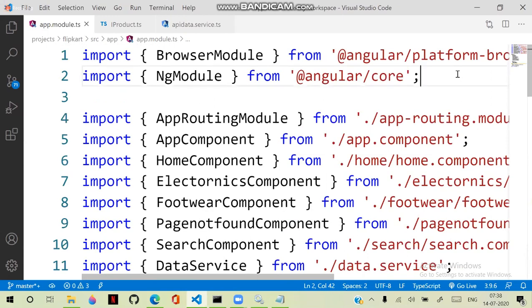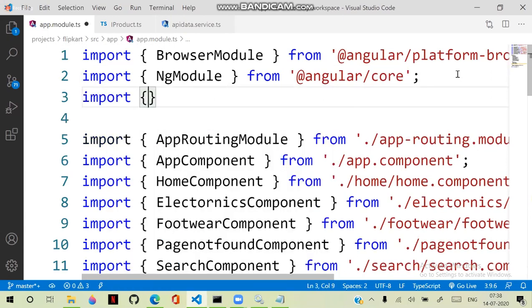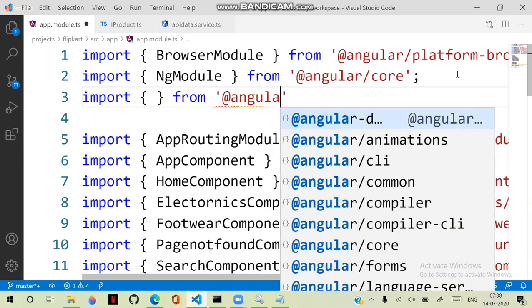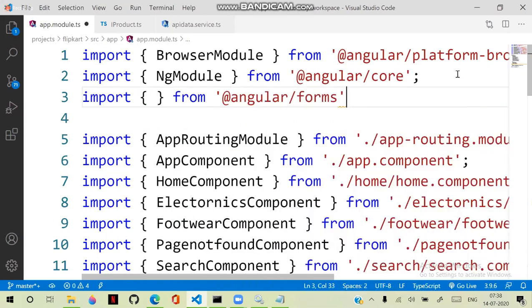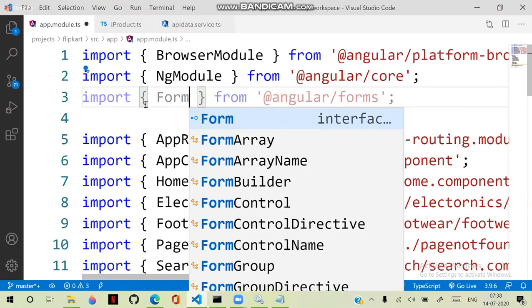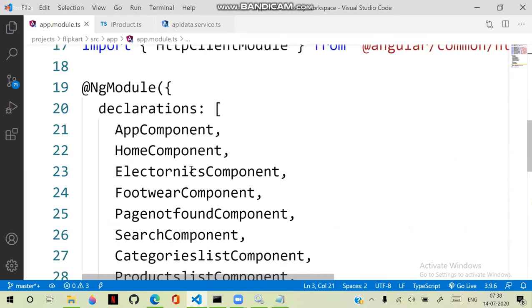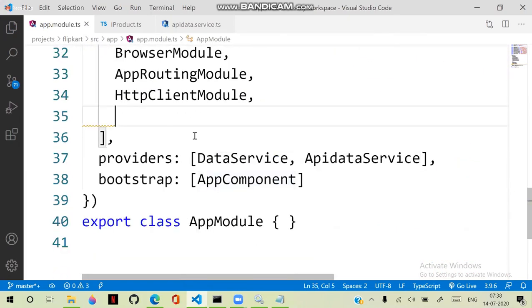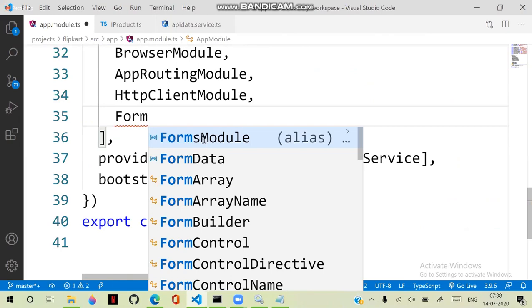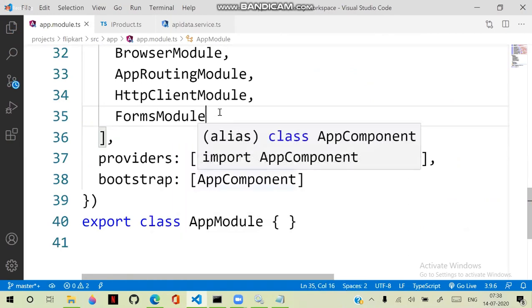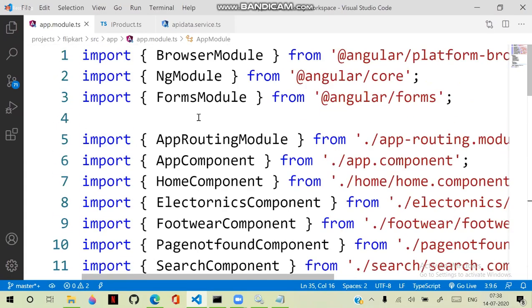We need to import another forms module from @angular/forms. This is required for forms. Two-way binding and all are managed by using this forms module. So this is the basic approach of how we